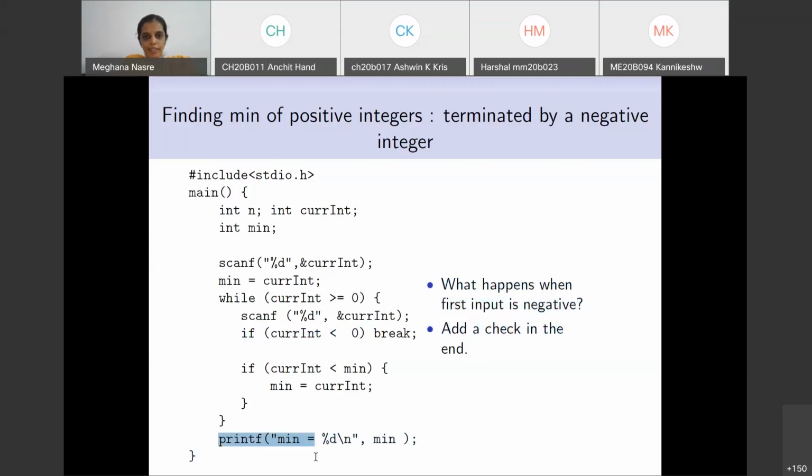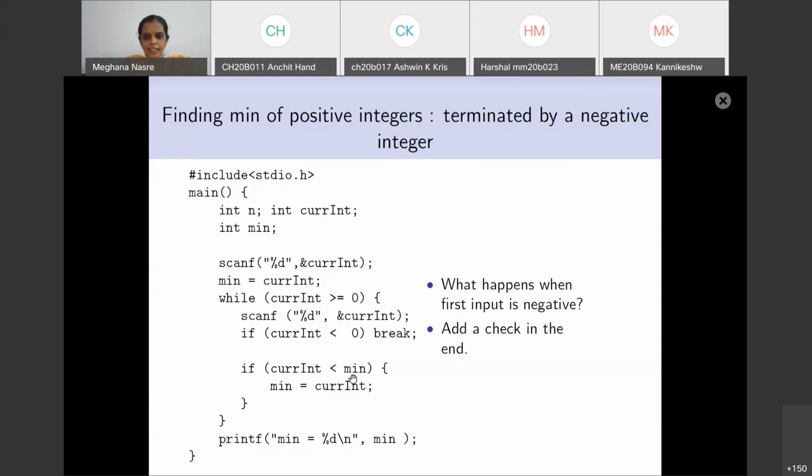This saves you from the previous mistake, where the output of the program was always a negative integer. This is something that many of you have suggested, which is good. Any questions or comments here?